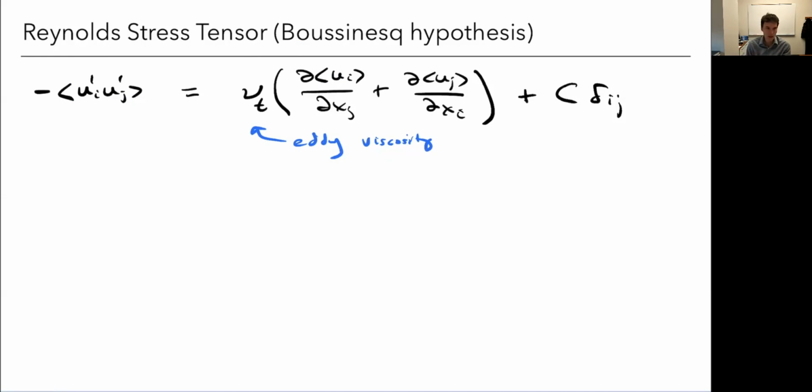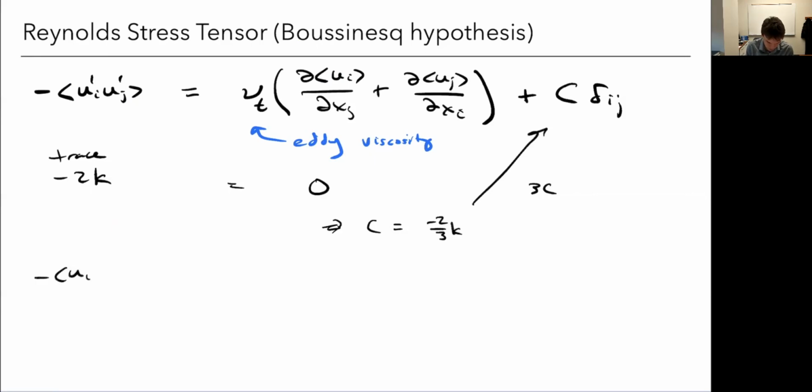So if I took the trace of the left-hand side, it's minus 2k. The trace of this one, so this is the trace. Remember, the trace is the sum of the diagonal components of the matrix. This one is 0, and this one is just going to be 3c. So this tells me that c is going to have to be, if I did this right, minus 2/3 k. So I'm going to plug that in, and then I'll get my model. It's going to work, hopefully, which is, and I'm just going to rearrange the order and put the C first, minus 2/3 K times delta ij plus nu